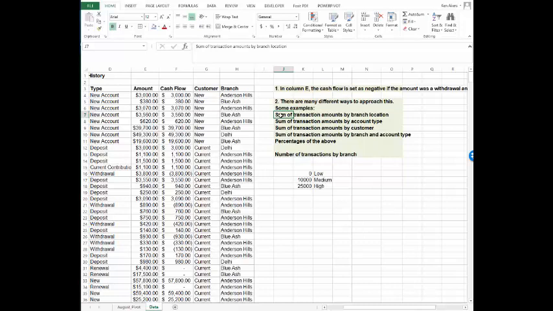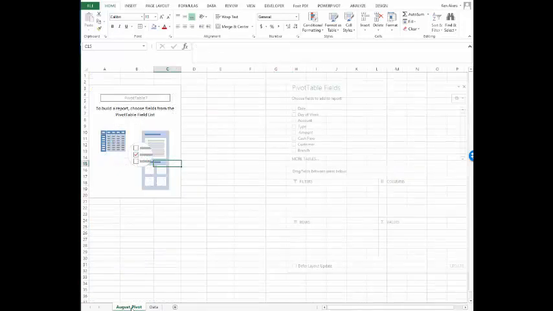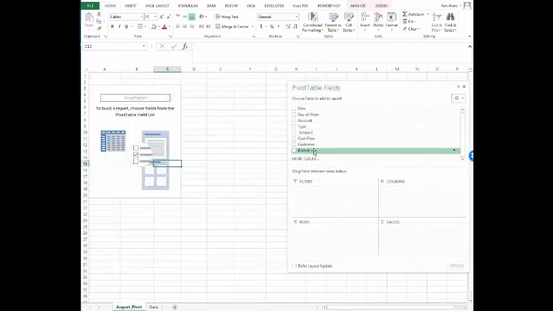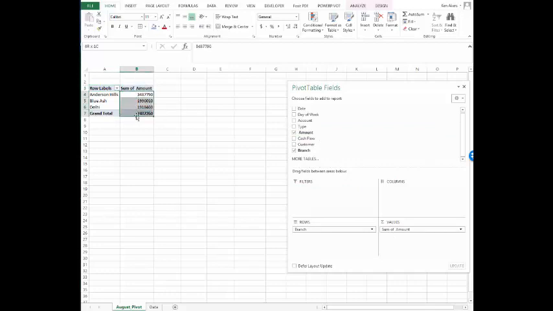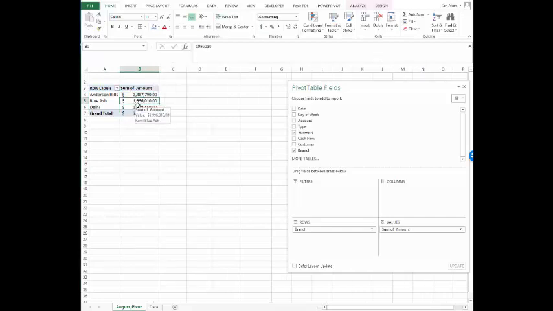So let's get a sum of transaction amounts by branch location. Let's go over here and take a look. We're going to take branch, put it in a row, and take amount to have something that counts. I'm going to make that into currency or an accounting format so that it looks intuitive. So here we have Anderson Hills clearly is the highest amount of sales, followed by these other two branches